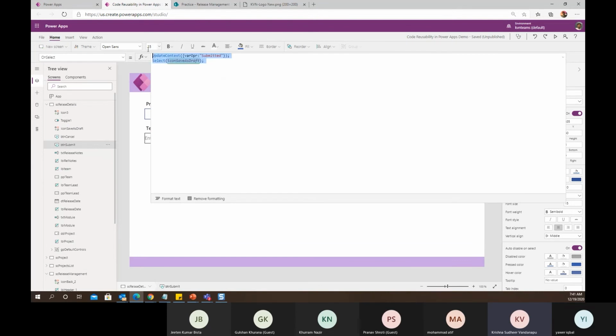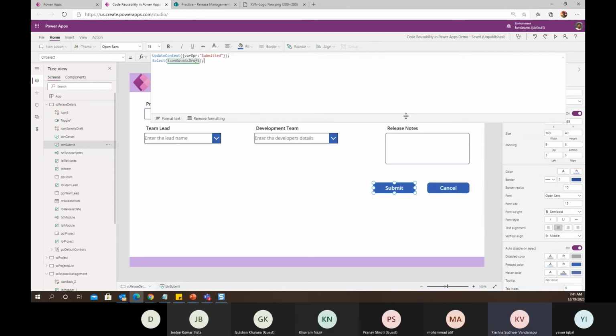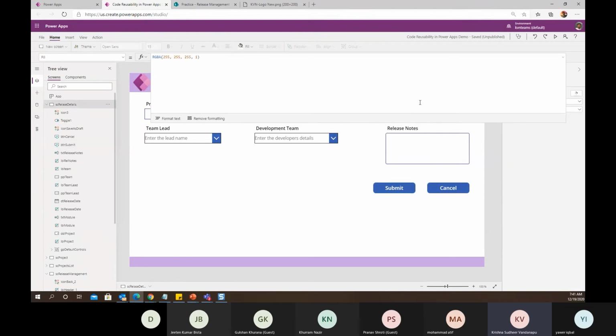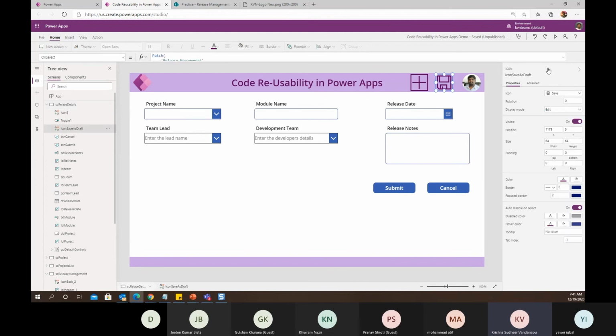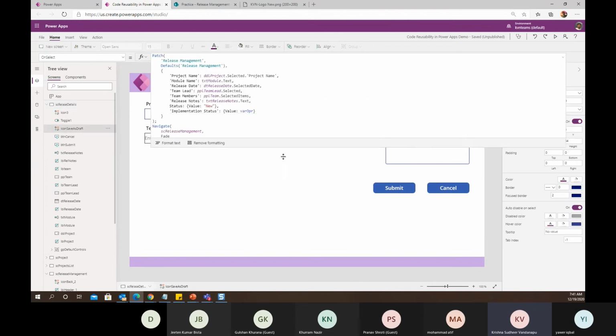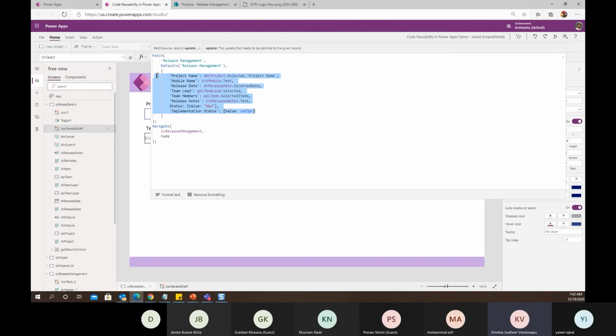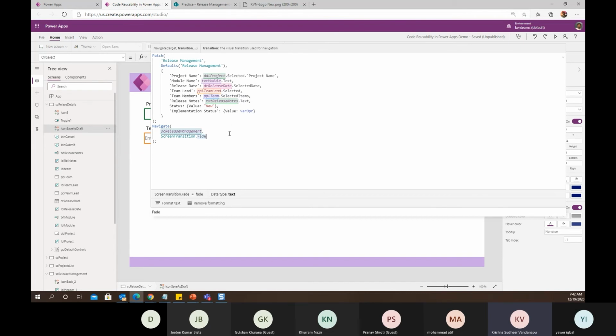So what I'm doing is reducing my code changes from here to there to here. In this way, I can ensure that code reusability at the screen level is working seamlessly. If tomorrow the user wants to add one more control, all I need to do is come here as part of the draft icon and add my code at one place. That will work for both submit as well as draft. This is what I'm calling local code reusable blocks.